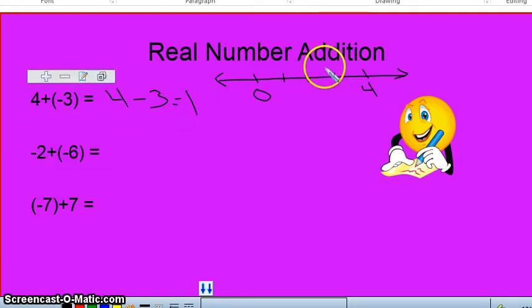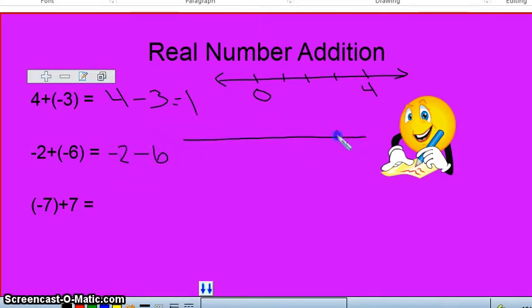Okay, now the next one says negative 2 plus negative 6. So we know in the beginning we're going to have a negative 2. We are adding a negative, which means we are subtracting. So this tells us to go 2 to the left on the number line, and then this tells us to go to the left 6 more. So negative 2 minus 6,